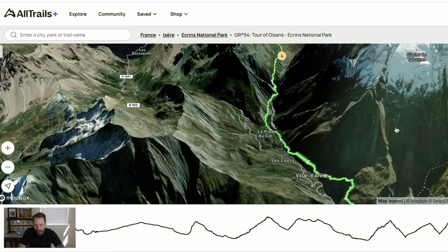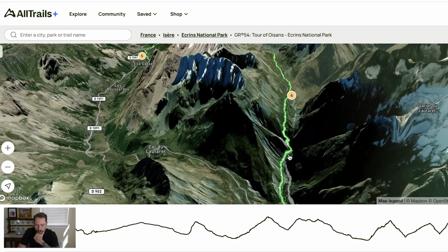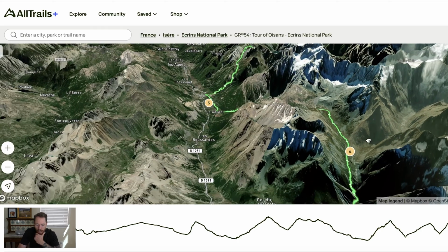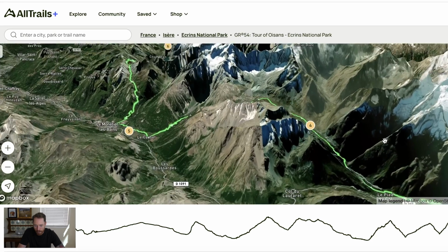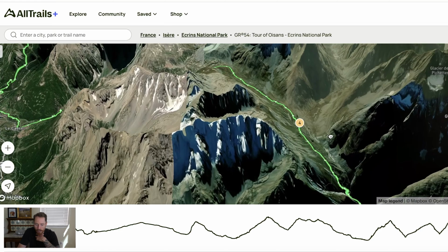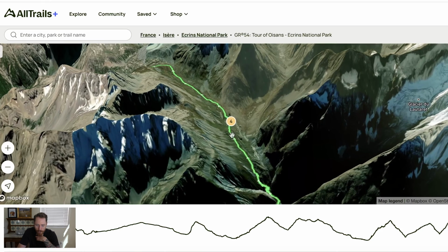let me reorient. It started with a little bit of a climb up, so you have some elevation gain. I really liked this day in this area. This was perhaps one of my favorite parts of the loop. You get some nice views looking this way and seeing all these different glaciers. So this was a really nice part of the trail, and it wasn't real steep, so it's kind of